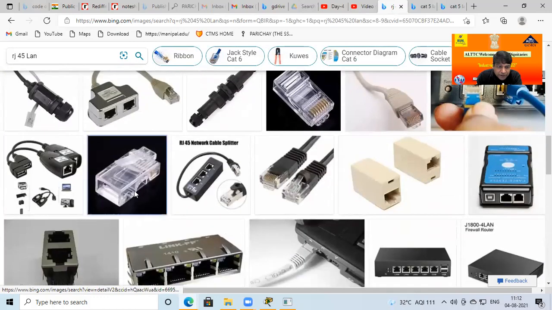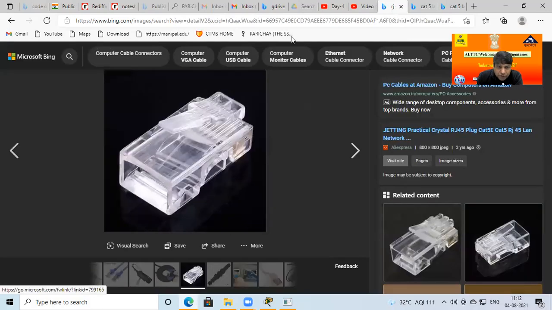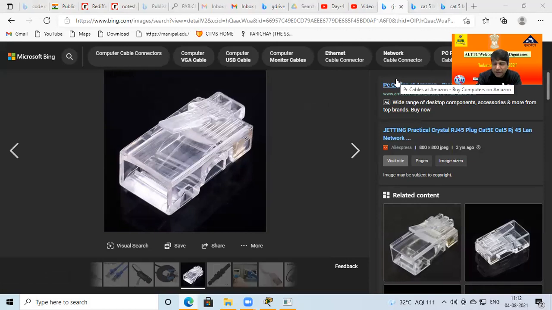So this LAN connector is put inside the cable. If you are working in the field, and in the future you work with any big organization like BSNL, Reliance, or Tata, at your home you can go to the market and purchase it, it's easy. But working in a company, you definitely need to know how to use the crimping tool and make this cable anytime. So this is the cable, just put it in.